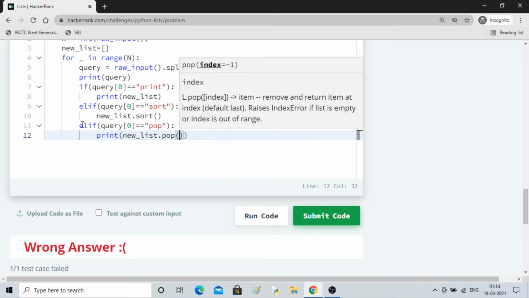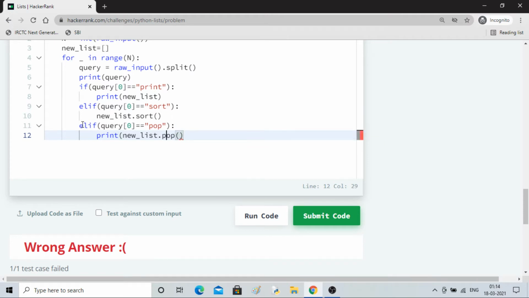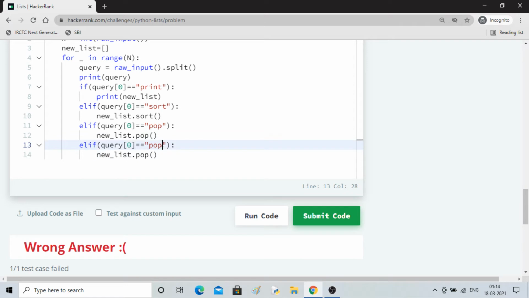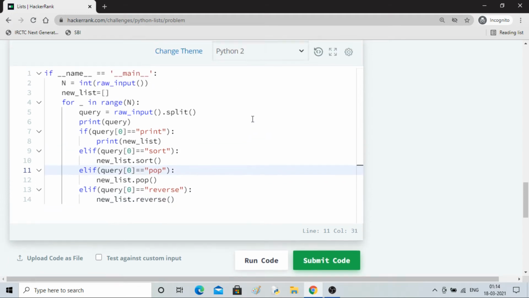So list dot pop will pop the last element. Then finally we will take reverse, so it will reverse the list. Okay, these four we have done.